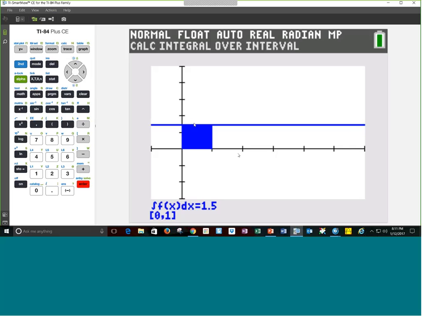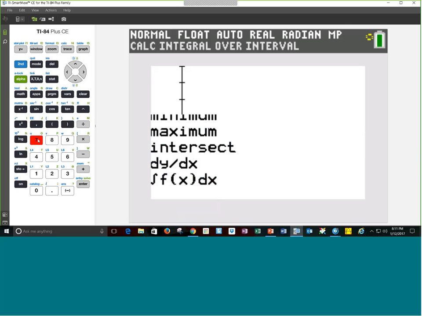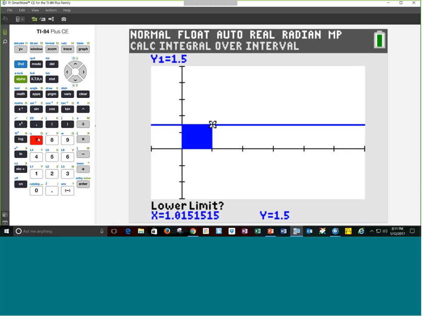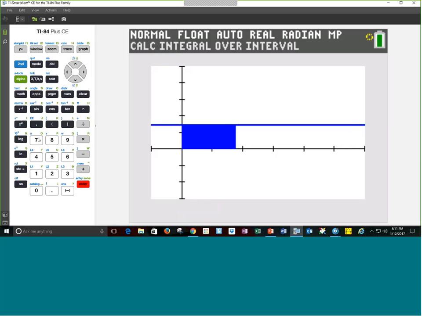And we could just find the area, or we could use this fun thing that we see here, which is number 7. And so now my lower limit is still 0, but my upper limit will now be 2. And so it shades a little bit more, and it reports 3. And Vicki, if I could interrupt real quick, what's great about the calculator is as you can actually see the accumulation happening as it's shading across. Yes, it doesn't just magically appear. You can really see it happening.